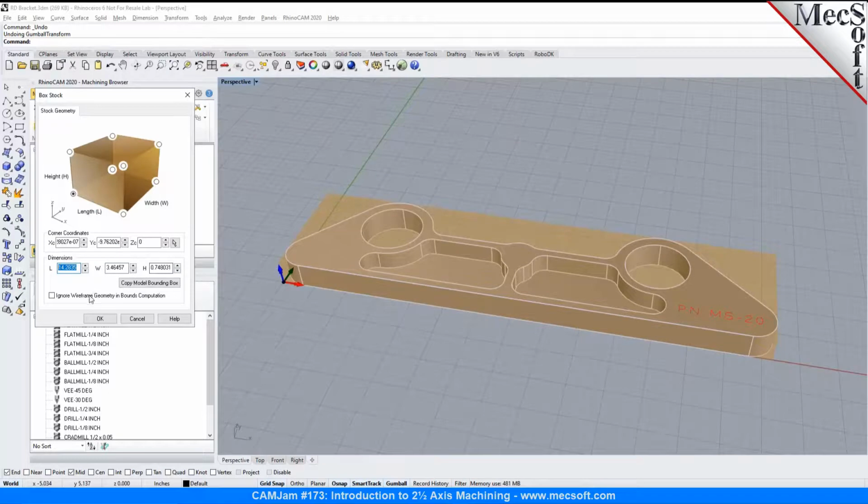The box stock allows you to establish or specify the length, width, and the height of the stock material. So if you have a pre-cut stock material of a certain size, certain dimension, you can input those. Length is the distance on the x-axis, the width is along the y, and the height is the material thickness. So I could enter it as a fraction, or I can enter it in decimals. Length, width, and the height